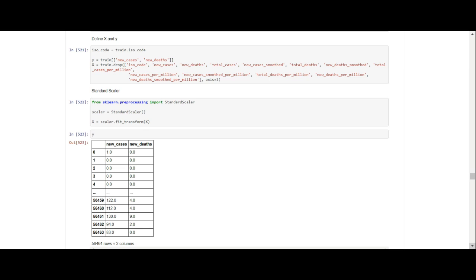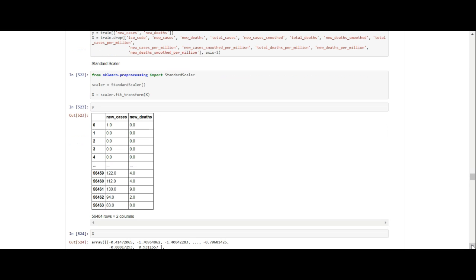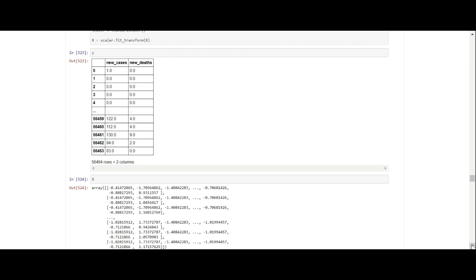All of the columns relating to cases and deaths are going to be removed, because we want to take away that variable to form our prediction. Now we put X on a standard scaler, so X equals scaler.fit_transform(X).